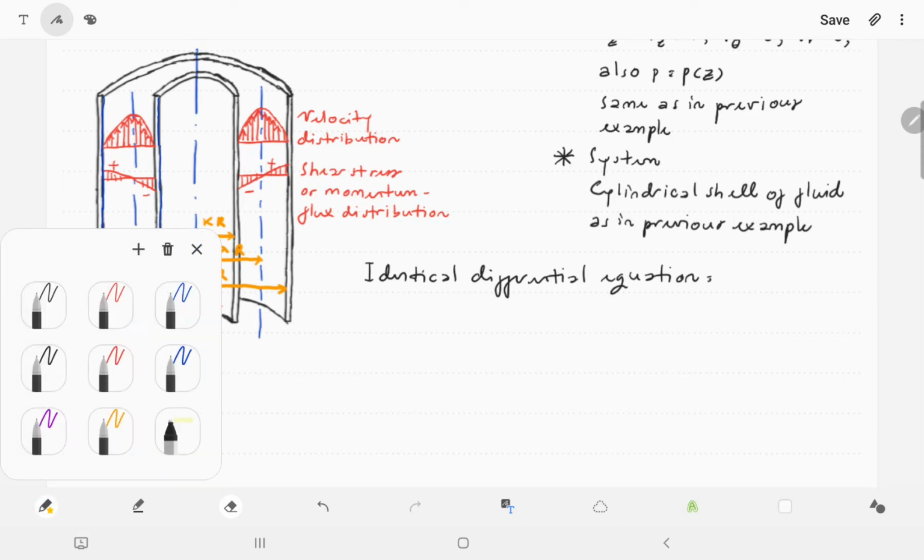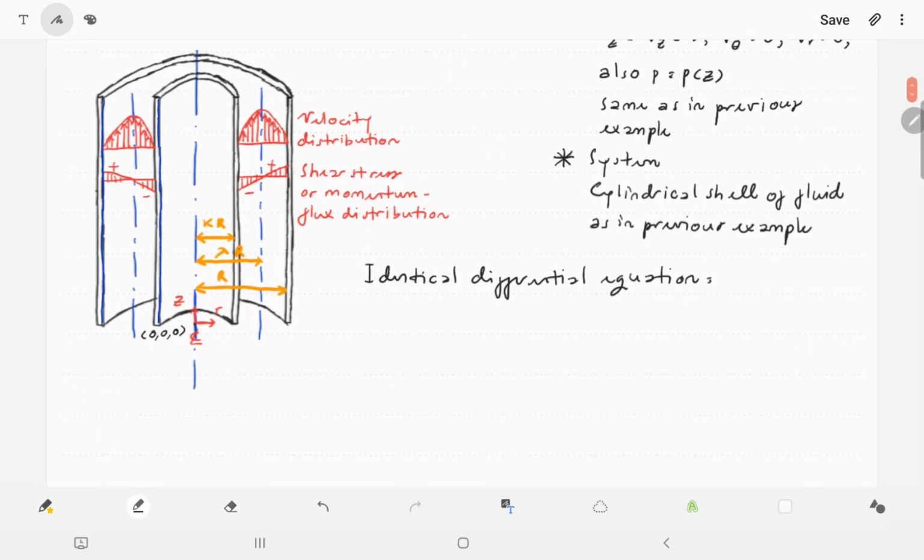Note that in here we don't derive it again because everything is the same, so you have to take essentially the same fluid shell elements in here. If I draw it quickly, we take the same fluid shell elements. So this is basically the fluid shell element, consisting of the fluid itself.